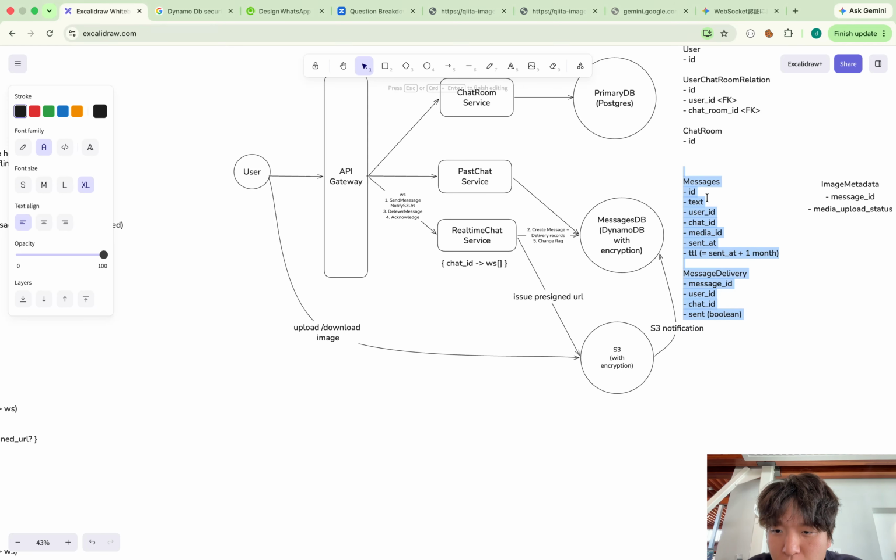Okay, and now I will talk about which should be the foreign key and which should be the partition key here. For message delivery, I think this is quite easy. The partition key should be user ID, and the sort key should be message ID.